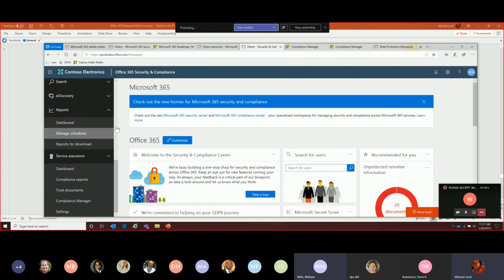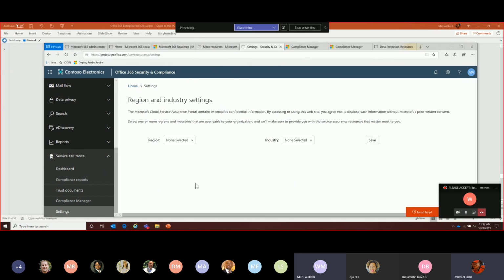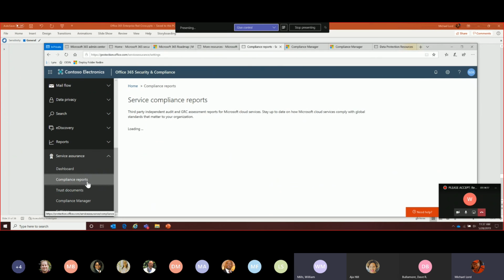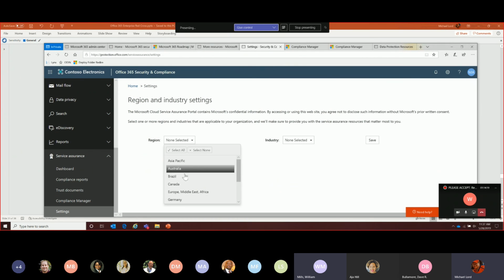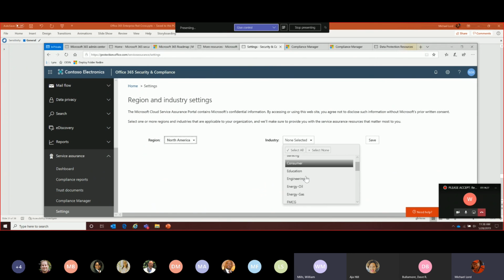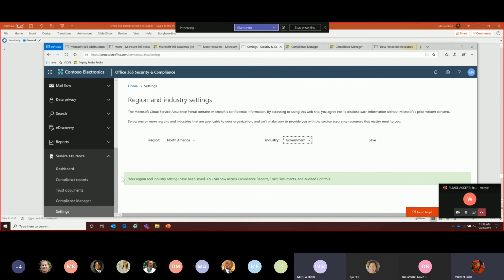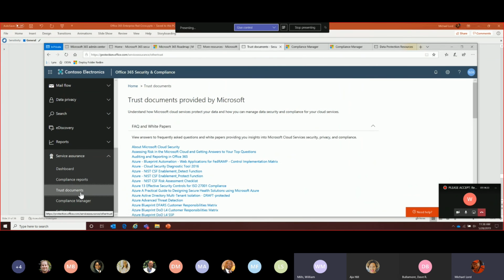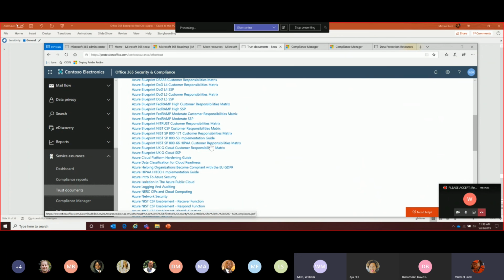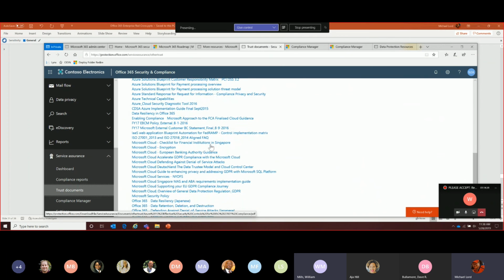When you went into this, you could get into your trust documents, your compliance reports. Based upon what you were selecting, see here, North America, and I'll just choose government for fun and save. I could save these settings, and ultimately I could look at trust documents and see all of these for all of our cloud products.